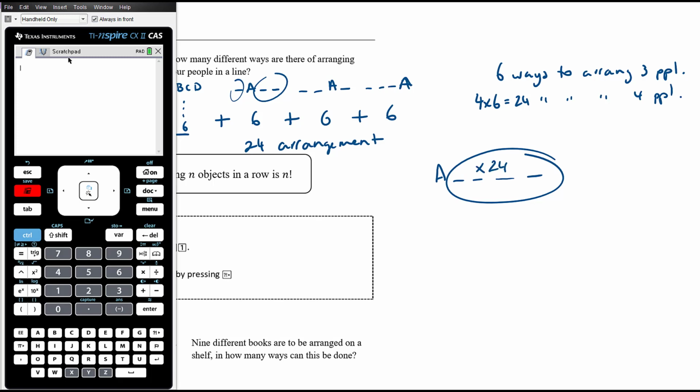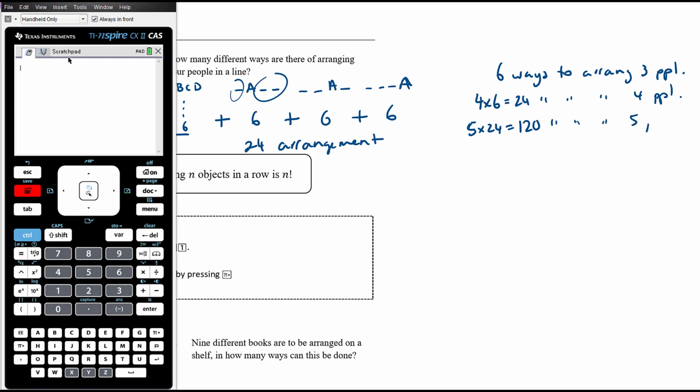ways. Then we could instead put A here. And these 4 can be arranged in 24 ways. And again, there's 5 different places for A to go, and so it'll be 5 times 24, which will be whatever that is. Sorry, it's Friday afternoon when I'm recording this. 5 times 24, so 5 times 20 is 100, and 5 times 4 is 20, so it'll be 120 ways